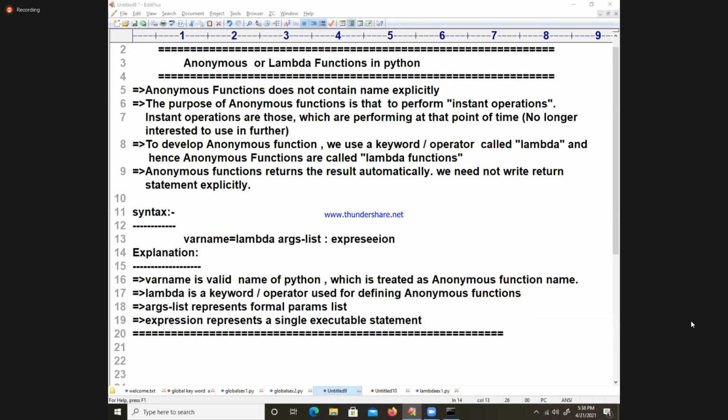And don't tell this example in an interview. Multiple statements that solve a particular problem are definitely a long-term process, a normal function. If an operation is required only at that point of time, you go for a lambda function, which reduces your coding. That's it, nothing else difficult.